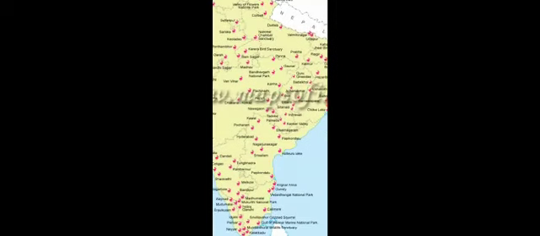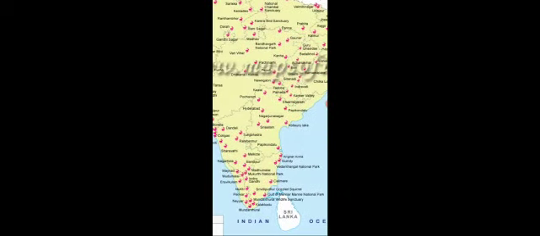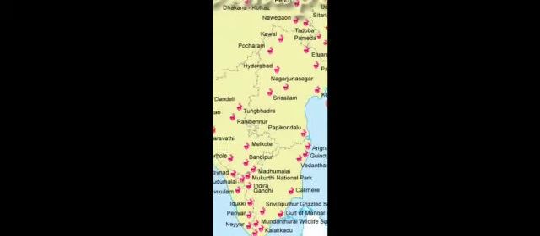After Sariska, then Mudumalai wildlife sanctuary. You can see the picture of Kerala. Northern Kerala contains the Mudumalai wildlife sanctuary.